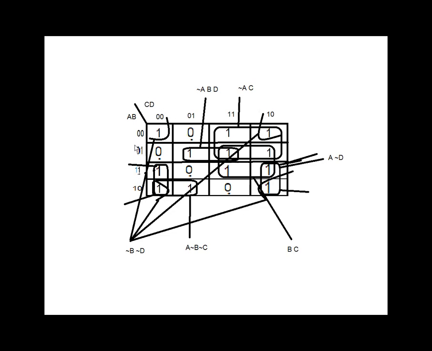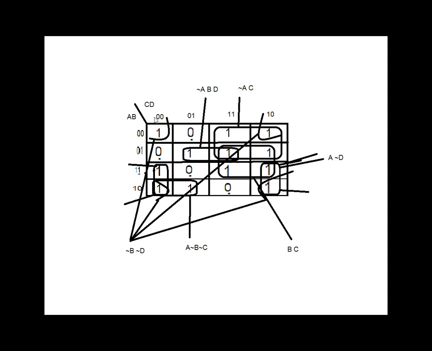Okay, so here also 1, 2, 1, 2. These two will be, the common one is A bar and B bar. So the common one is B bar, that means negation of B and negation of D. Fine. From here, it's A, B bar, because the value is not changing in this quadrant, in this space, sorry.